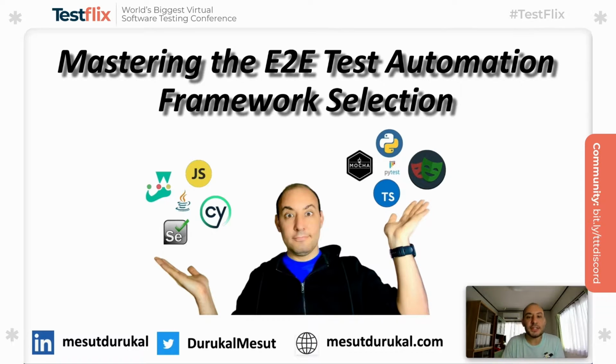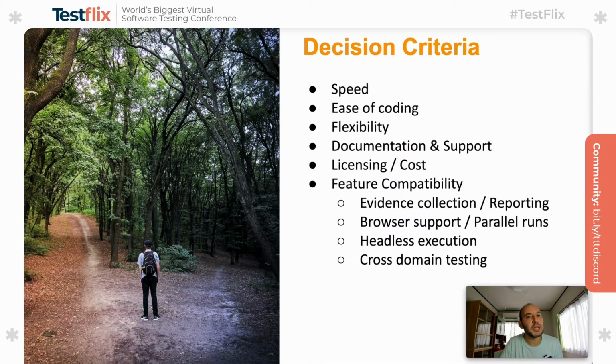So, what kind of decision criteria can I consider to make my choice? Of course, I can first consider the execution speed, right? Because we are talking about time. Time is very precious. When we are doing continuous testing, think about we have several merge requests, and if all these requests or pipelines are waiting for the test results and tests are blocking the pipelines for a long time, of course it would not be acceptable, right? So execution speed is one decision criterion.